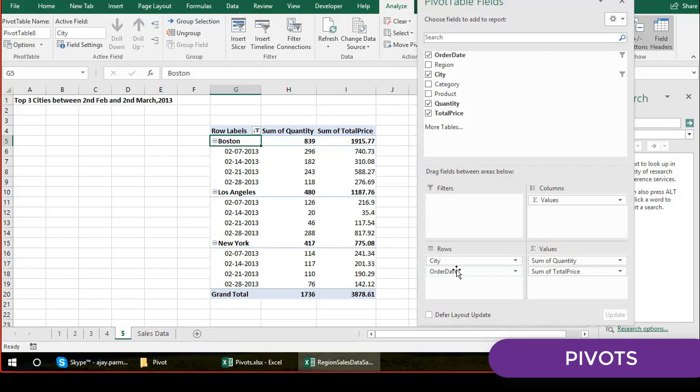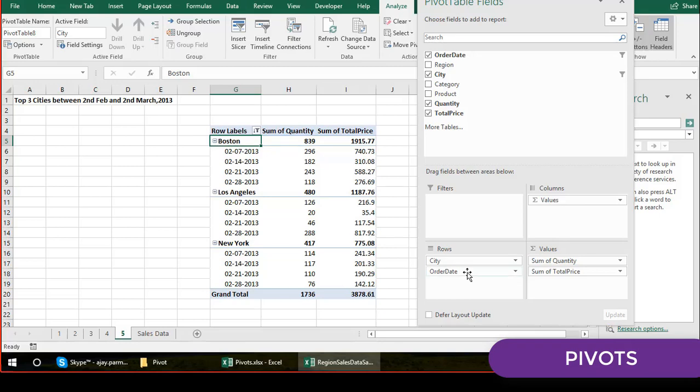Look at this. What a fantastic feature. You will see only those dates which you had filtered in the filter area. All the dates are not coming. Sometimes this is also very interesting, that when people drag this option here, they do it, but they don't know why we don't have all the dates coming.